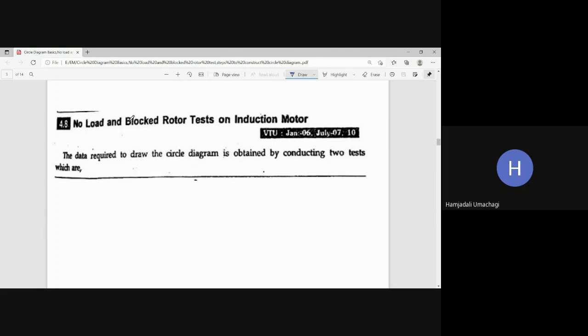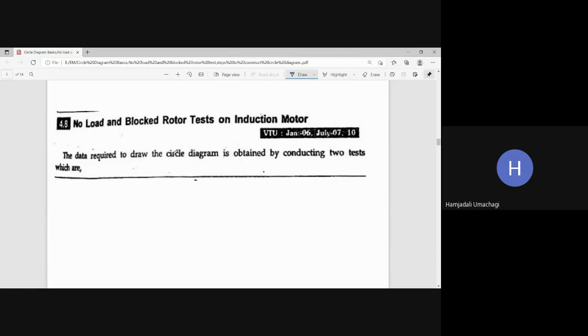Now this no load and block rotor test on induction motor is the experiment used to determine the performance of three-phase induction motor, and this experiment information is required to draw the circle diagram, where the circle diagram is the graphical method to estimate the performance characteristics of three-phase induction motor. Using this graphical approach you can find out different performance characteristics like slip, torque, input, output, efficiency. So all the performance related parameters of three-phase induction motor can be calculated using circle diagram, and